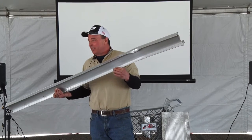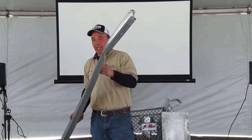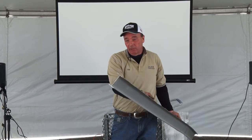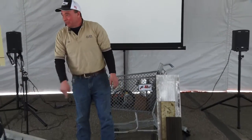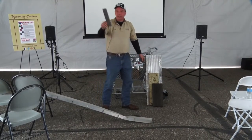We had to cut every one of these out. Now, this has lost its integrity as far as strength. If I put this down and jumped up and down, I'd bend this thing over, because this is aluminum. And the way they're manufactured, this is what gives us strength. Once you do this to it, the strength is gone. So you want to look underneath and make sure those aren't bent, there's no cracks,